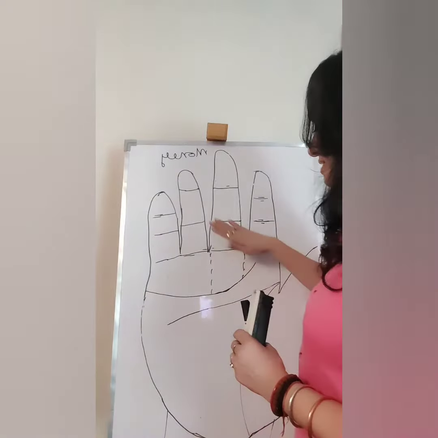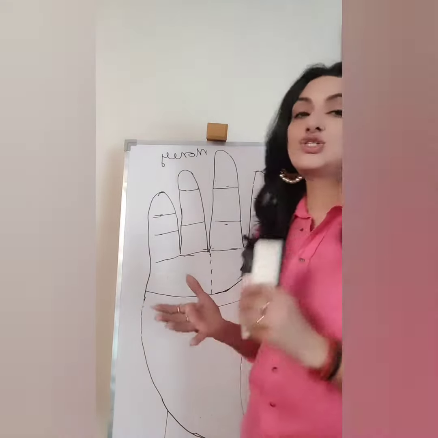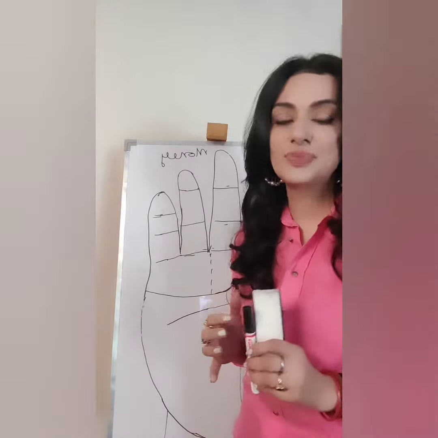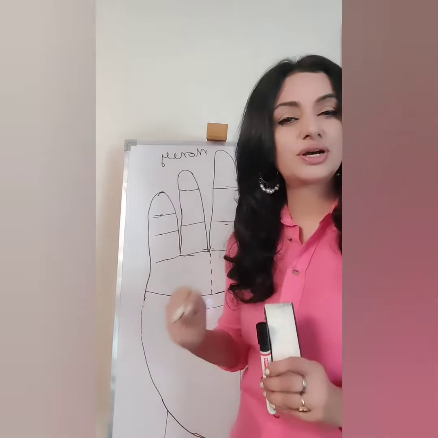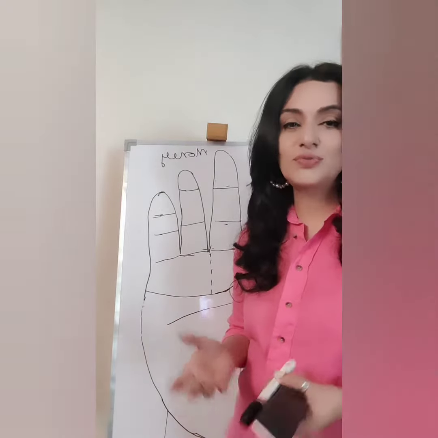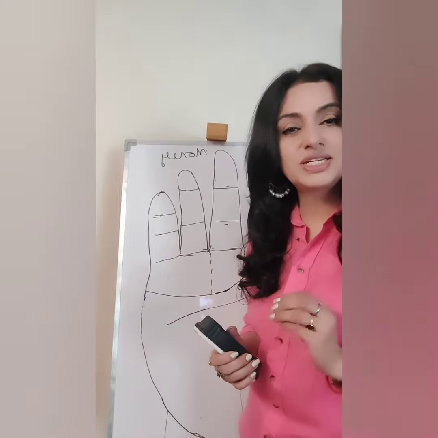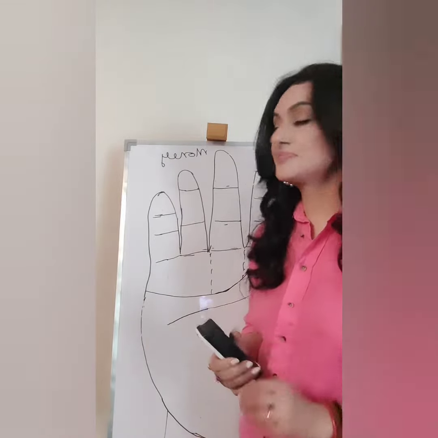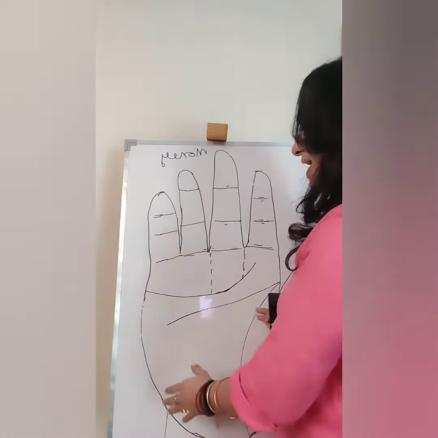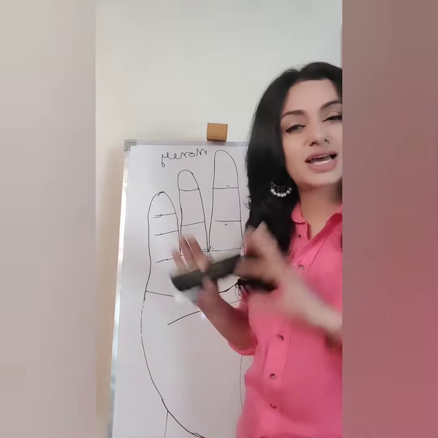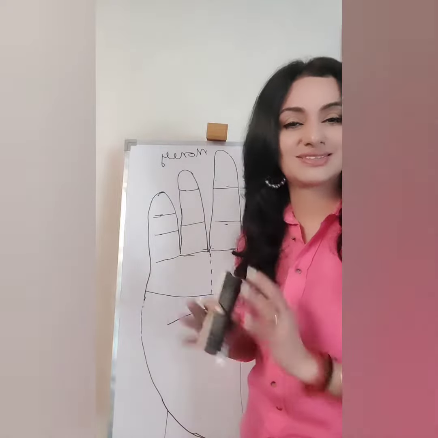And then next is the color of the palm. It should not be too red, it should not be too white. It should preferably be a beige or a pinkish color, depending upon which country you are from. So generally, the medium color of your palm is the best color. Now we have seen the hand. Just by looking at your hand, you can know an overview of the money in your palm.